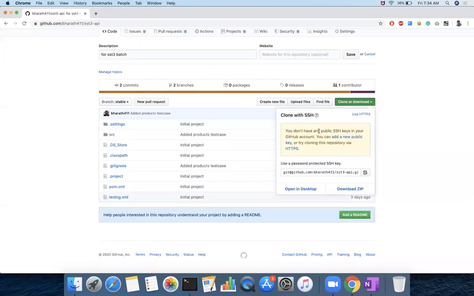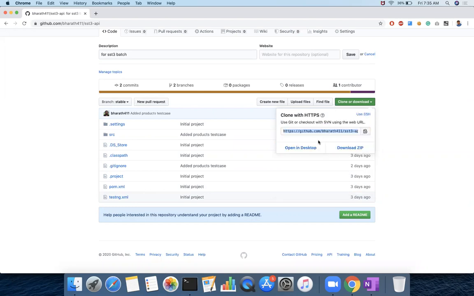Sometimes by default it may look different, but that is not the correct one, so you should use HTTPS. Using SSH can also work, but you have to create keys instead of a username and password. You can use the keys to access the repository. We do not need that now, so use this one.